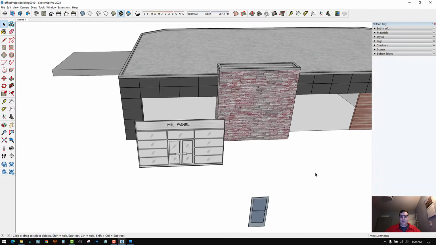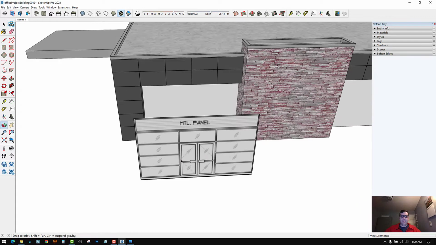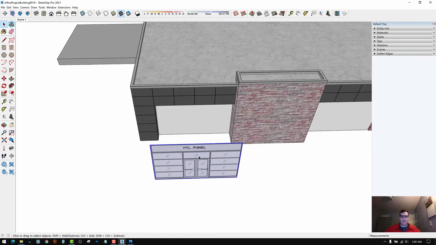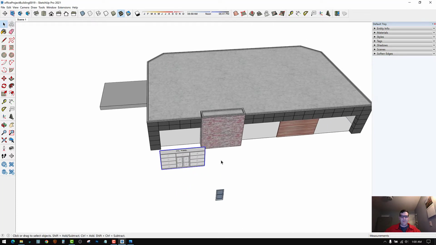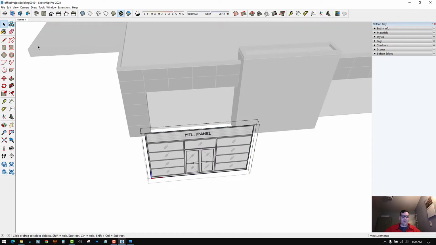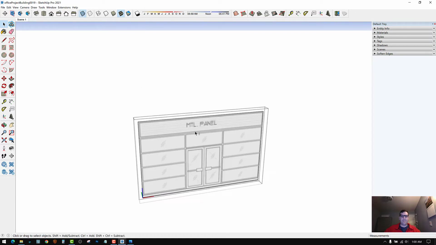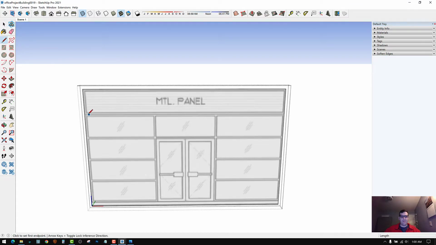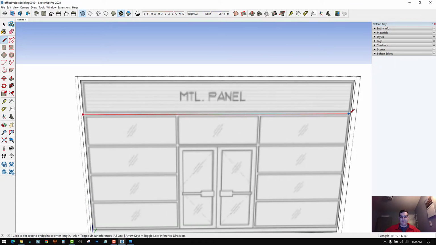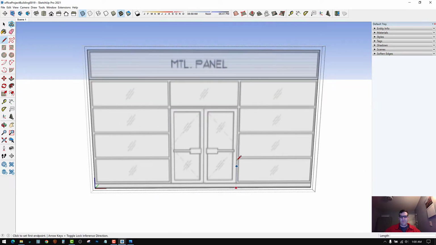So let's go ahead and model this. Let's select it, turn it into a component, and double click, do view, component, edit height, rest of model, go into X-ray mode, and we can start to draw the lines for this. Just trace where the lines are. You can trace this line here,